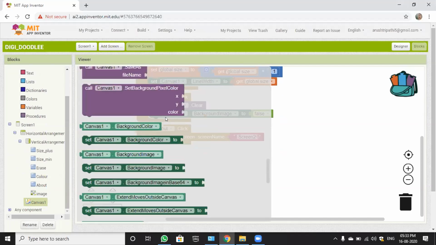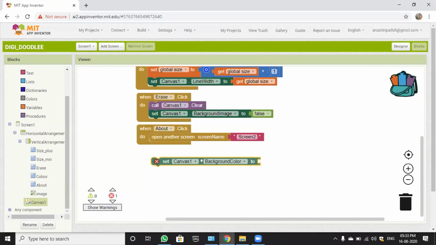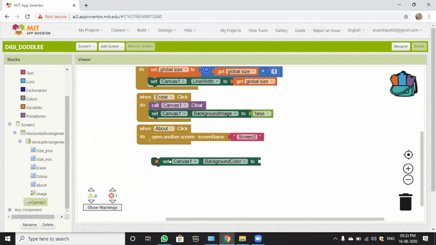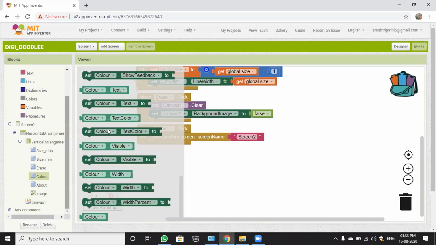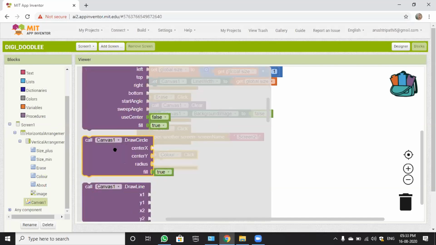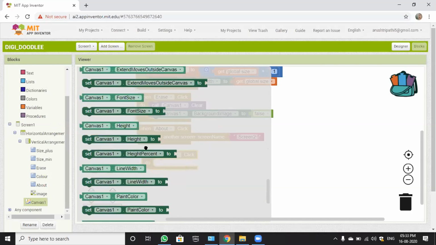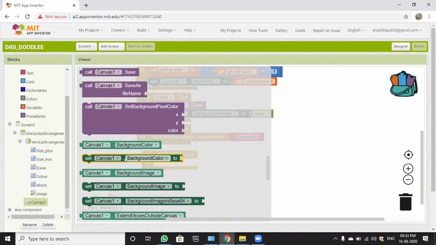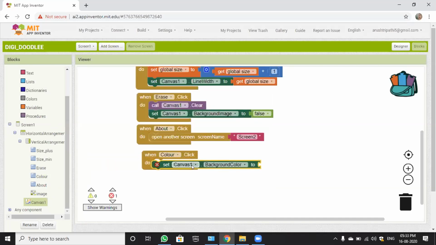set canvas one background color to. Wait a minute, is anyone listening to me? Yes, sir. You have to go to color and choose when color dot click. Afterwards, you have to go to canvas and take a block that is set canvas one background color 2.